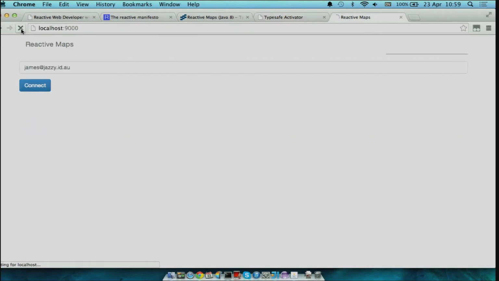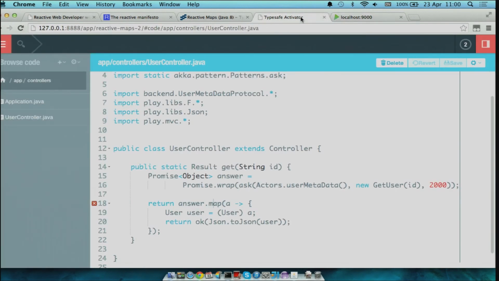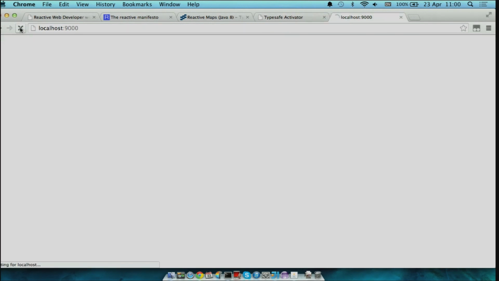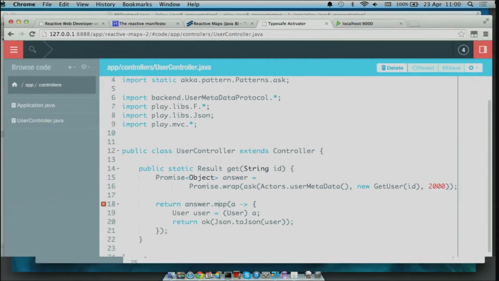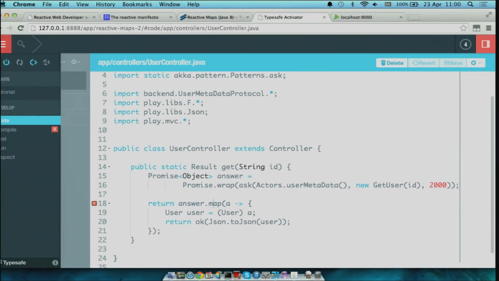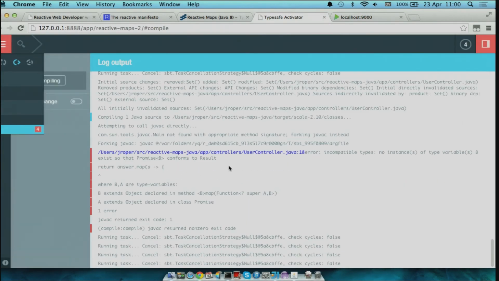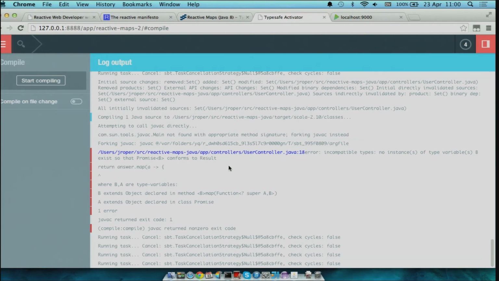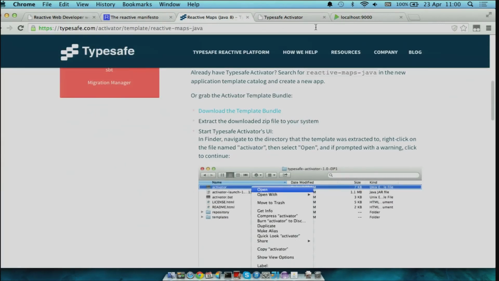And if I refresh this, I hope it works. I've got a compiler error. I must have missed something out there.